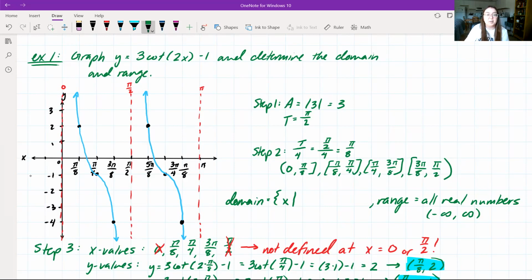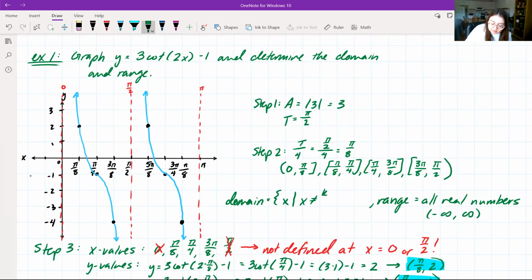We want to write something along the lines of x exists everywhere where it is not an integer multiple of pi over 2. That's quite a bit to write, so we're going to write it a little bit shorter. We write our domain is x, where x is not equal to, so this is the not equal to sign,